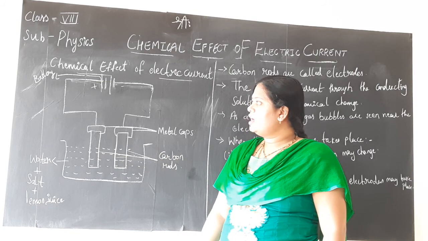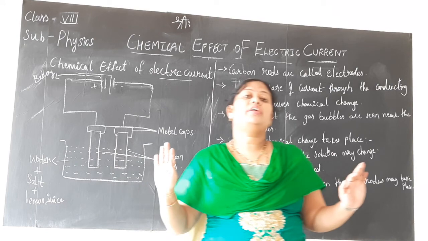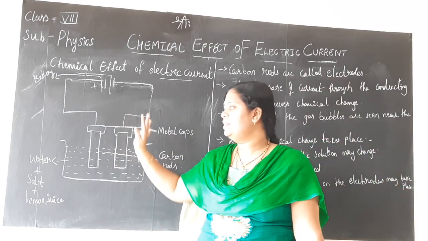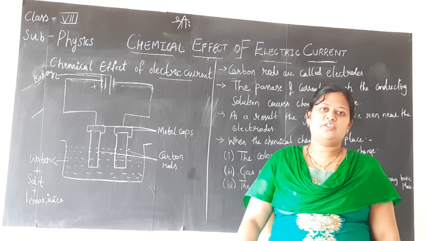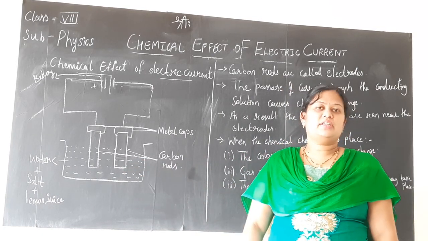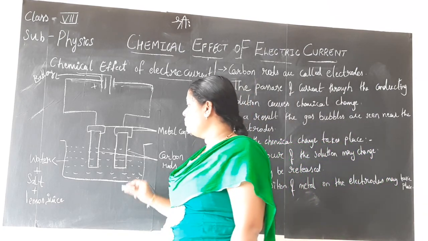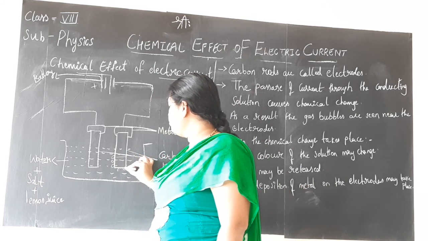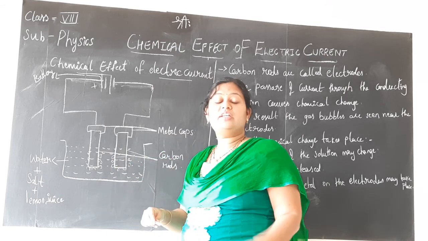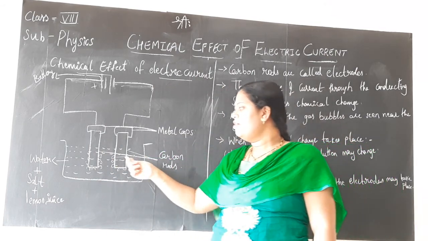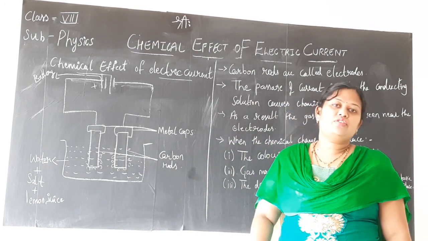When you insert these carbon rods, you leave it for 2 to 3 minutes. Don't touch anything. Just insert the carbon rods in this beaker containing water plus salt plus lemon juice. Leave it for a few minutes. After a few minutes, we observe that gas bubbles are formed near the electrodes. You can understand it better when you see the animation video. So, after a few minutes, we can see the gas bubbles formed near the electrodes.